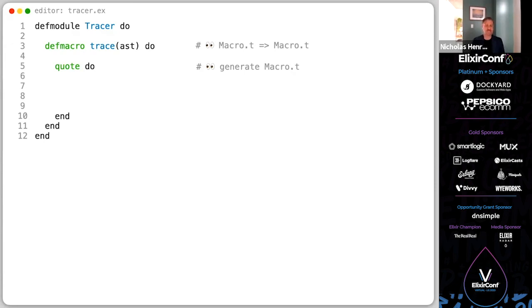As we iterate over this, we're just going to simply implement the existing behavior of executing the expression that we passed to it. So here, we're using unquote, so we can inject the AST into the AST that we're creating. And the AST at this point will be our 3-element tuple. In the case of our add macro, it will be the x plus y.